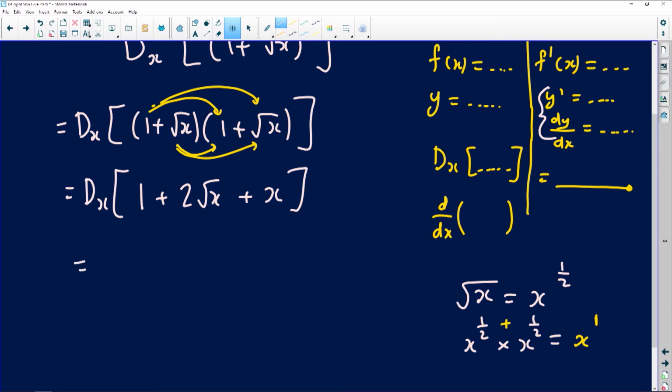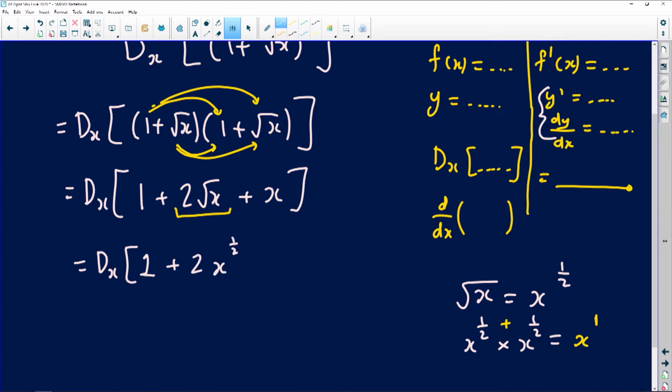Right. Now I'm ready to derive. Because now I'm deriving. No, I'm not. The second term is not right. This 2 square root of x is not right. So I'm going to change it to exponential form. Which means I'm going to still retain my d of x. Even though 1 is ready for differentiation and x is ready, I'm not deriving them. I'm just parking them as I fix the second term and change it to x to the power of 1